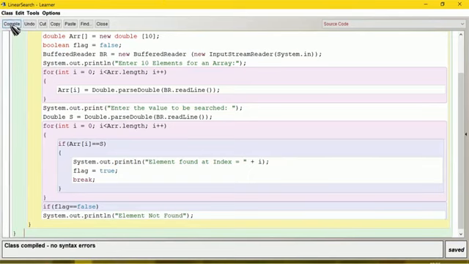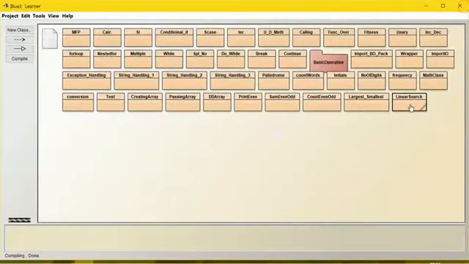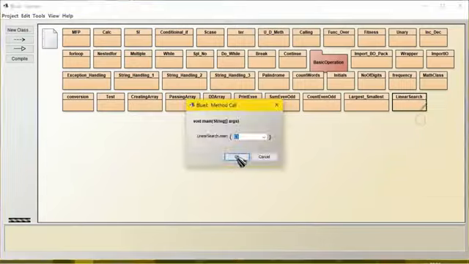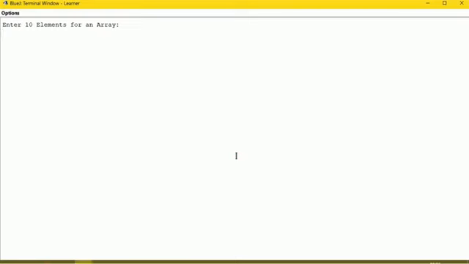I will compile this, no syntax error. I will give 10 values.